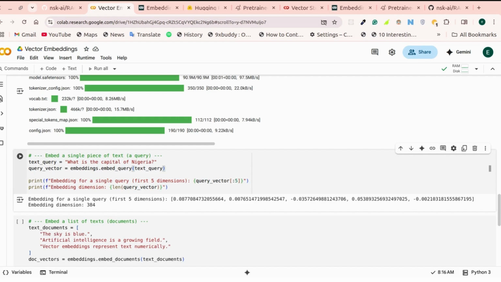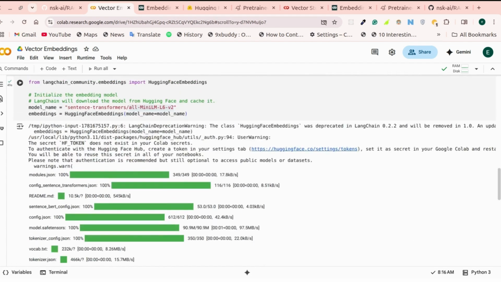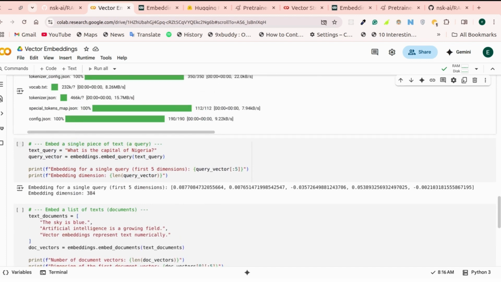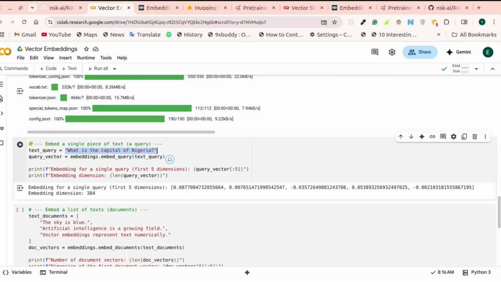So next thing, embedding a single query. Here is where we defined our embedding in Langchain. If we want to embed a single piece of text, for example a query, just one text, what is the capital of Nigeria? For the query vector, we call the embeddings we defined and use the embed_query method, passing in the text query we want to embed. And if we run this,